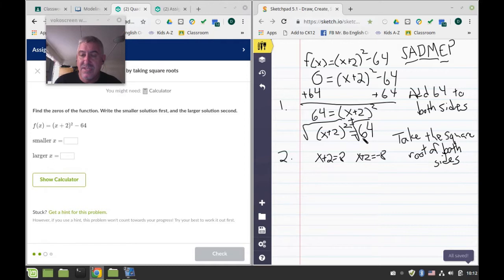Negative 8 squared is 64. 8 squared is 64. So both these are true. We need to remember when we do the inverse of a square, we're going to get a positive and negative